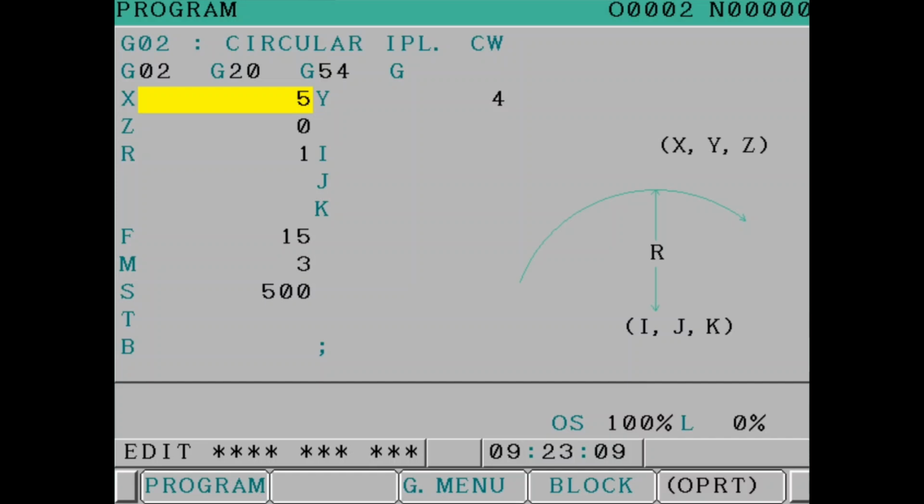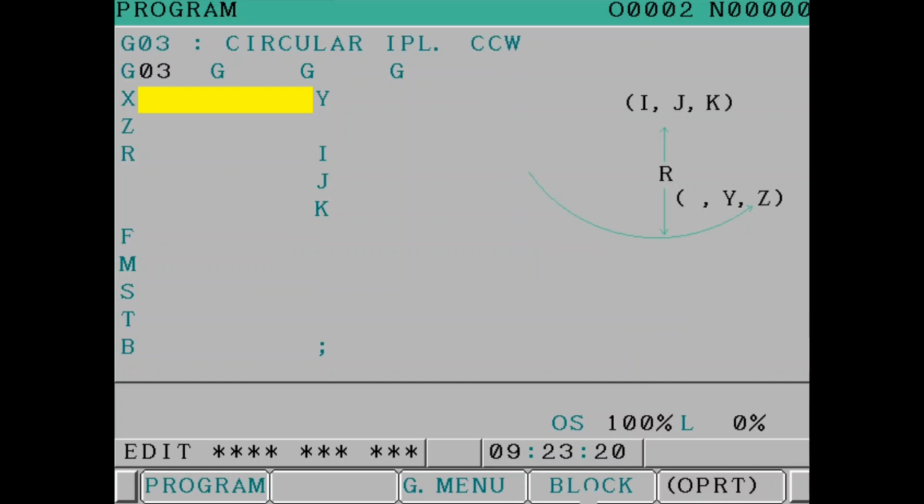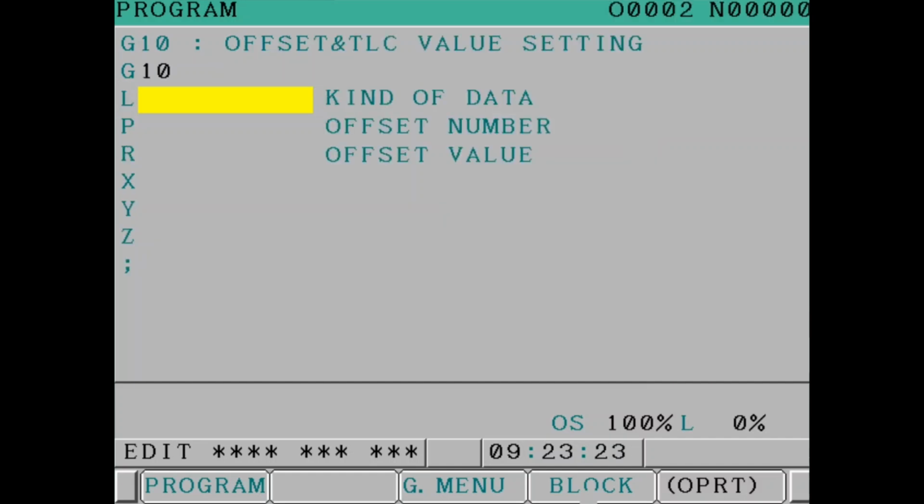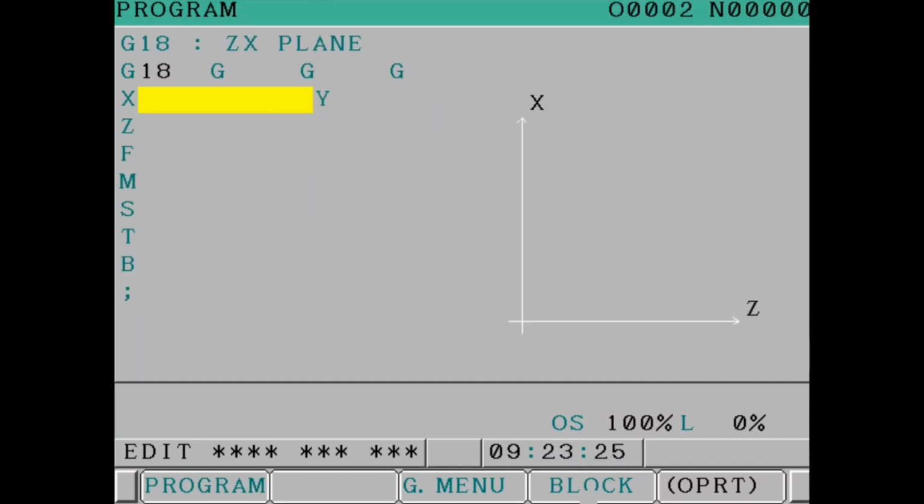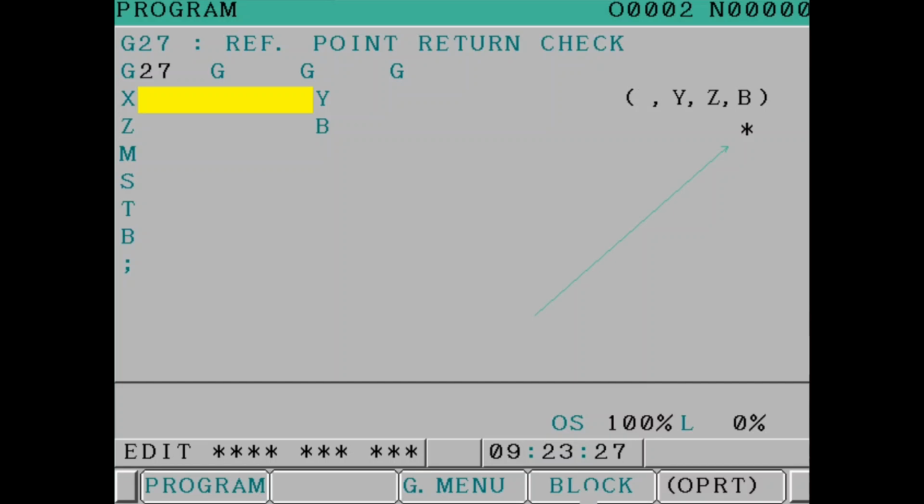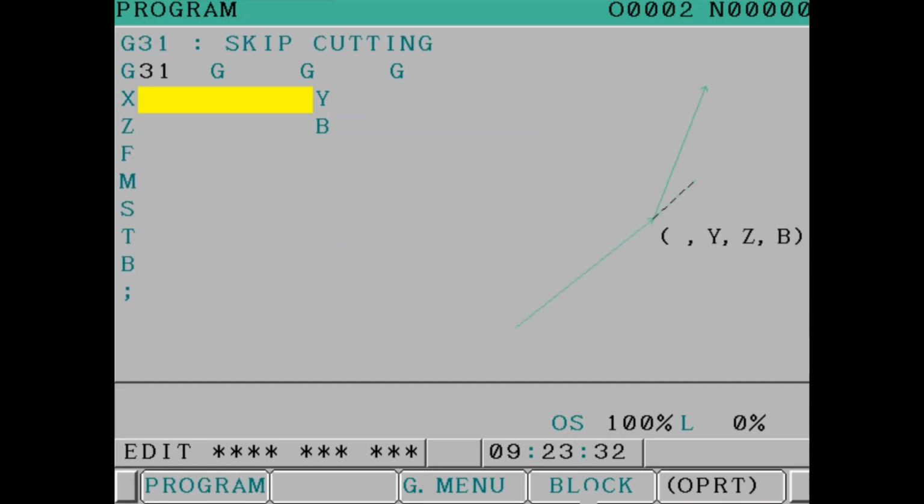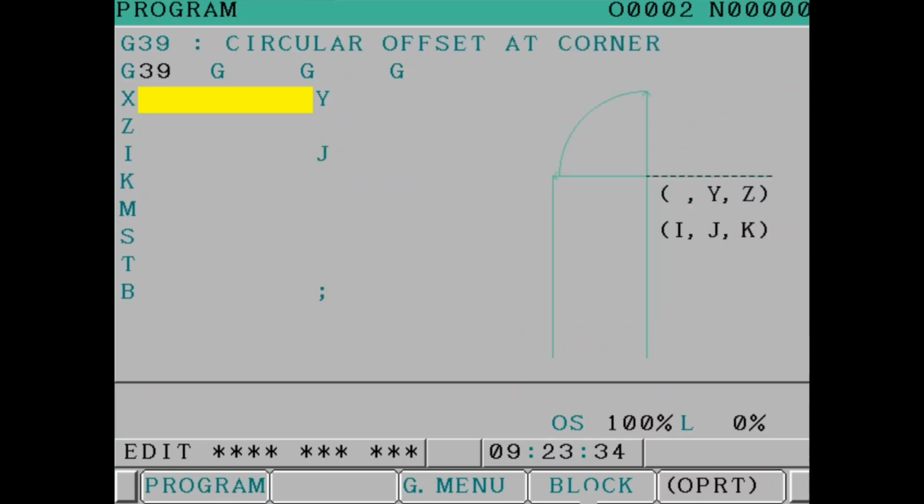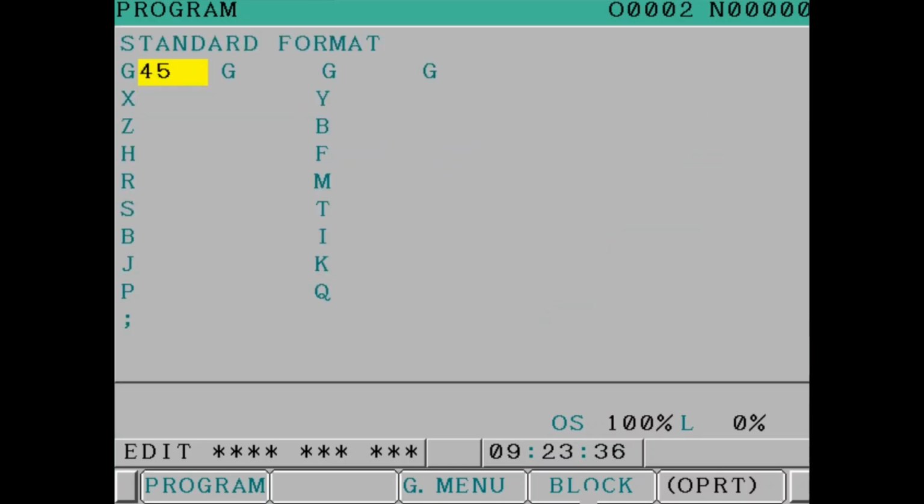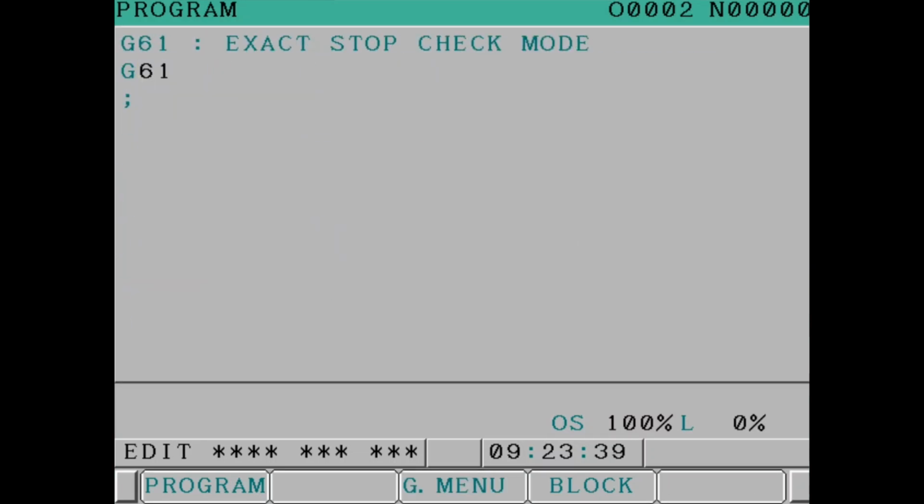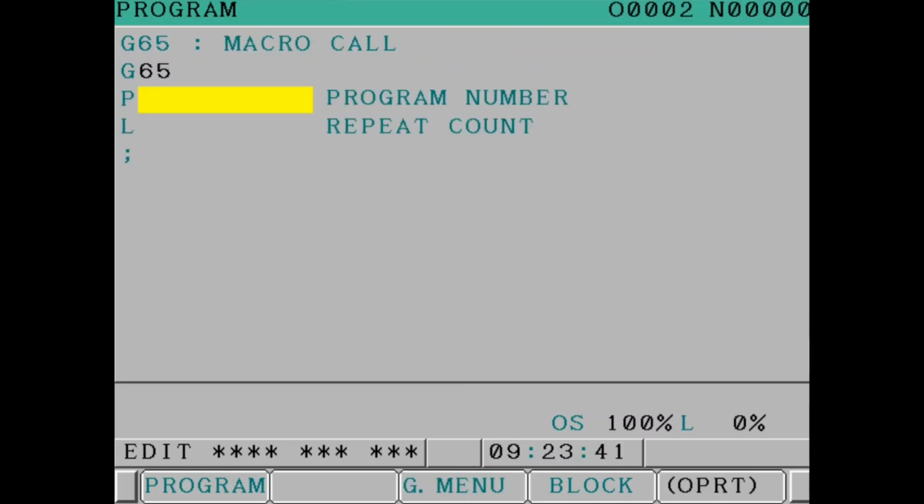So the IJK, sometimes it's a little bit confusing, or if you want to use radius, if the parameter is set to use radius, you can use radius. It just overall explains all the G codes that you have and how to set it up. The graphical is not that great, but it does help a little bit, especially once you get to your drillings. If you're not super familiar with the